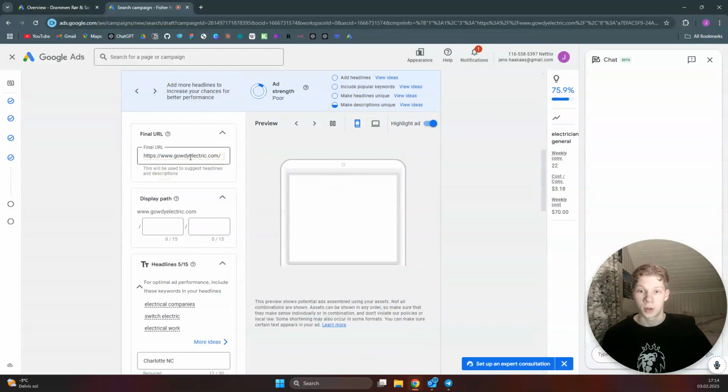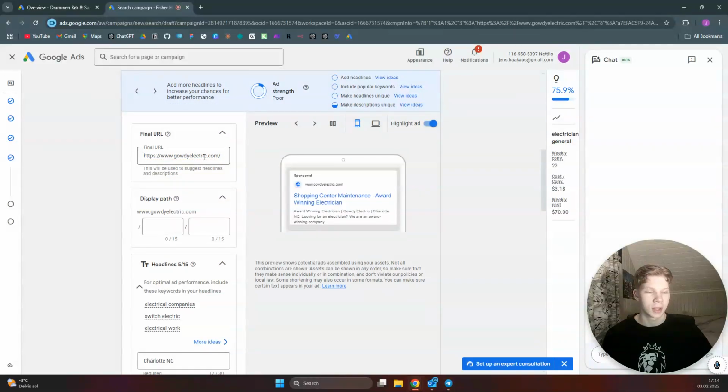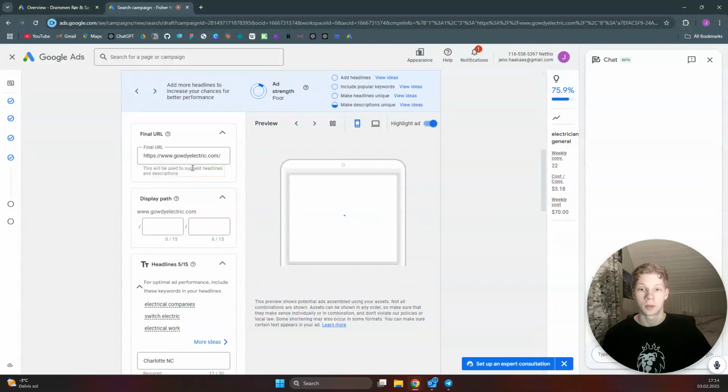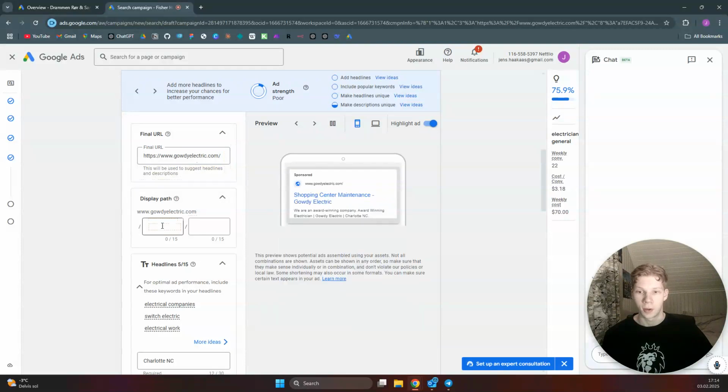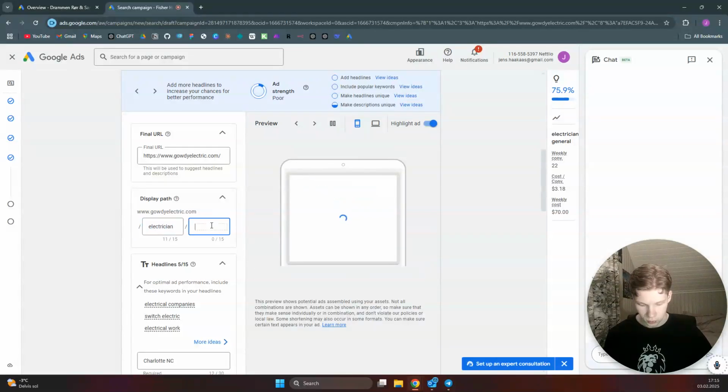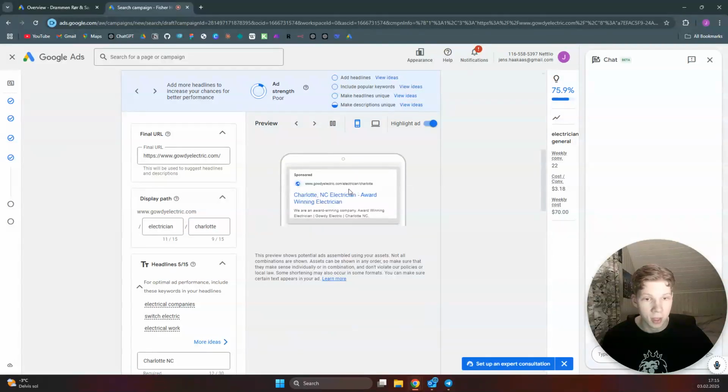Final URL, this is really important. This is where people are being sent once they click on your ad. So it is super important that this is the correct landing page where you want people to be sent when they click your ad. Display path is only what is being displayed on the ad, not where people are being sent. This one you can set to whatever you would want. I will just set it to electrician and Charlotte to basically show people that this is the page they are coming to. As you can see in the ad now, this is being displayed, electrician Charlotte, after the base